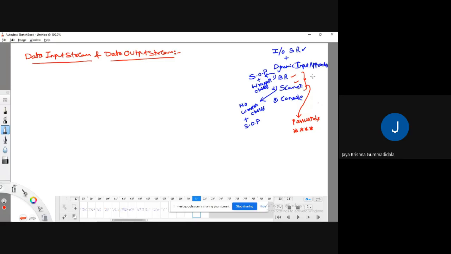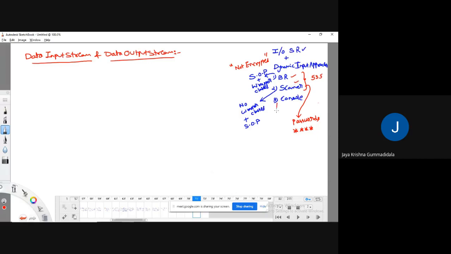For example, if the password is 535, it will be visible to a third person if he sees your system directly. That is a problem, meaning that here the data is not encrypted. This kind of feature is not available in buffered reader as well as scanner classes.